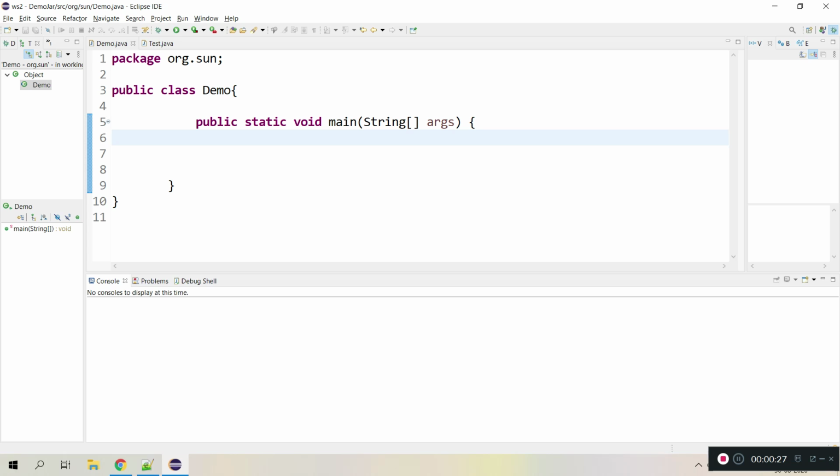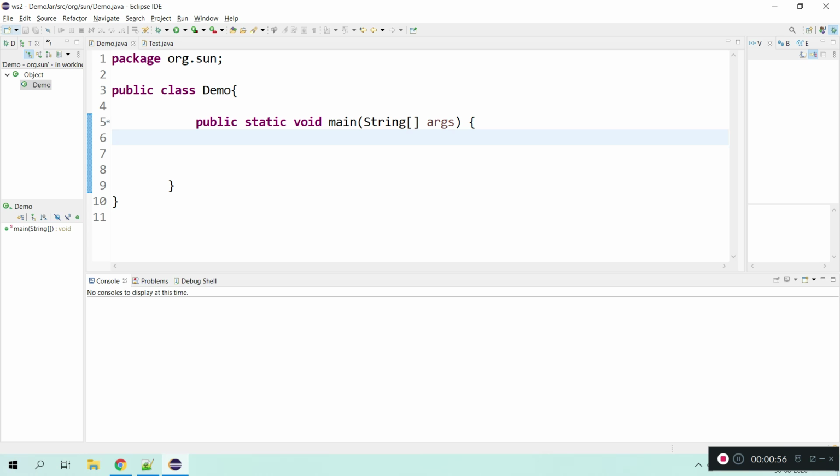The definition we can say is that this is a keyword which can be used to refer to current class variables. So we can invoke current class instance variables or static ones, or we can also call methods using the this keyword. And we can also use the this keyword to invoke constructors, so we can perform constructor chaining. We'll see with the example.